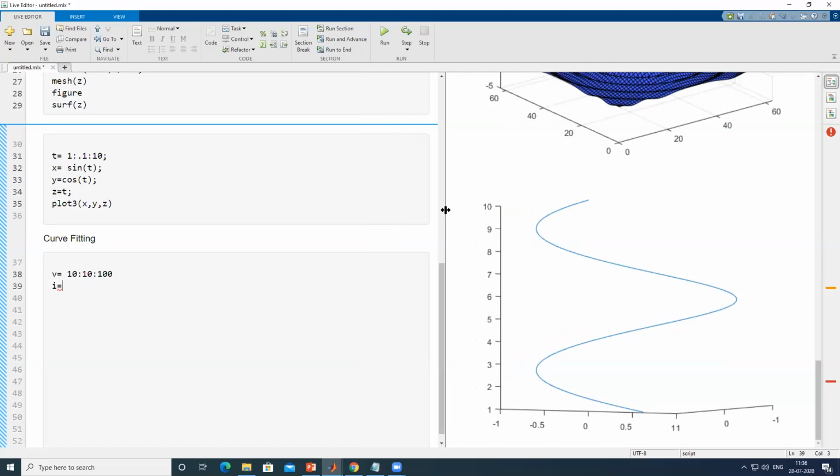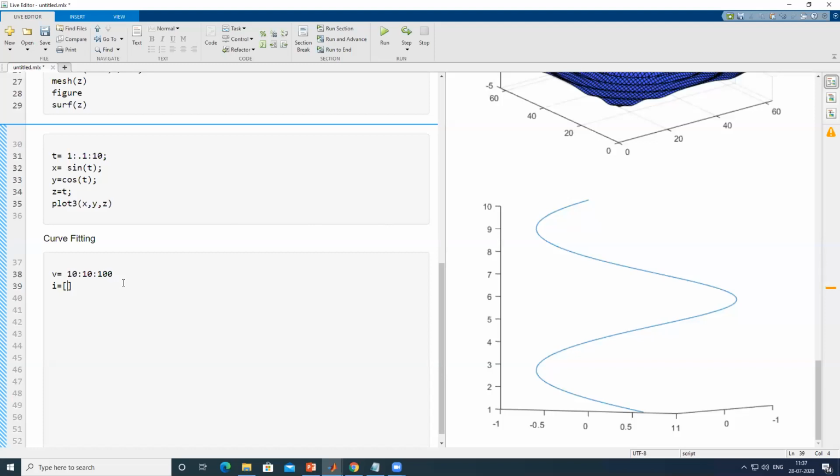But you want to find out the exact resistance, or say to a higher accuracy. So in order to solve this problem, I'll first take dummy data for the current.